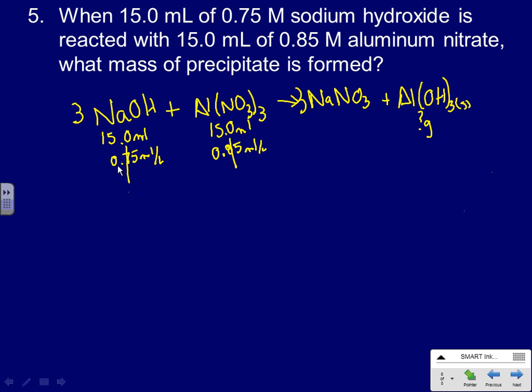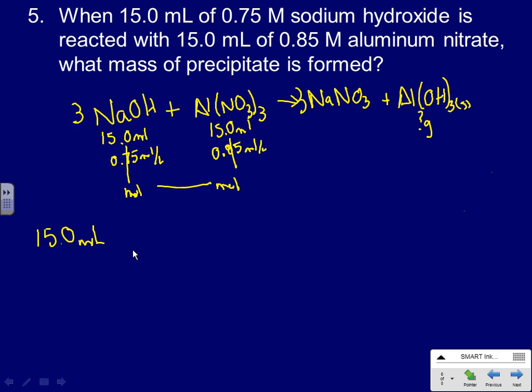So we need to convert this into aluminum nitrate needed. So I need to figure out moles. I need to head over here to moles, and then I have to eventually figure out how many milliliters I need. Now, you could convert this into liters, but then you'd have to convert it into liters to compare it. If we keep milliliters here, our milli is going to carry to the other side, and we're going to get milliliters on the other side. So we can keep that as milliliters. 15